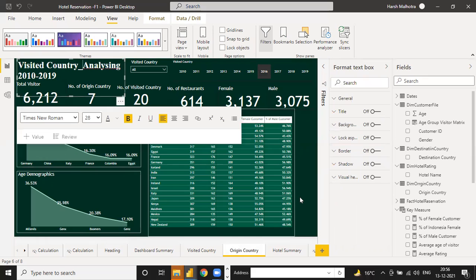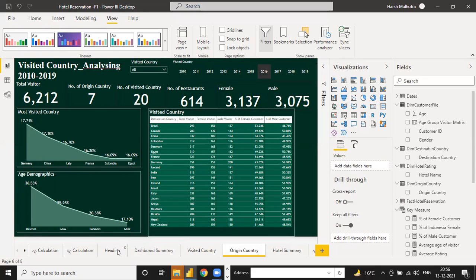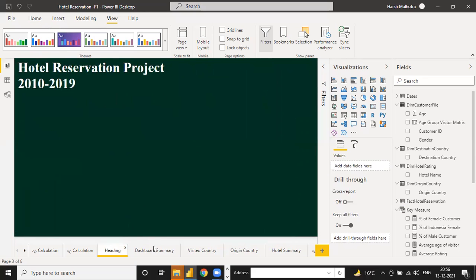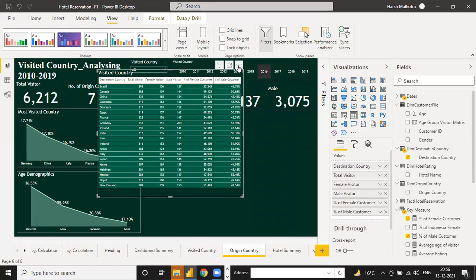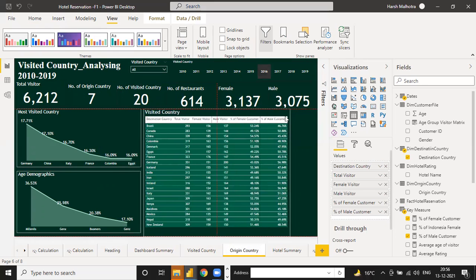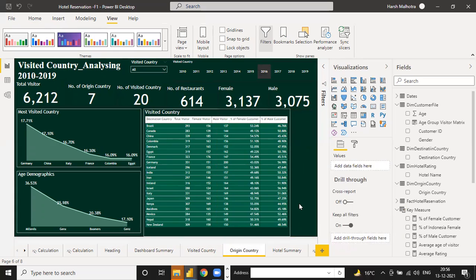Okay, so this report is, I think, ready from my side, and you have to just complete the heading page and the origin page in this. You have to complete the homework, then maintain your file separately and submit it to me on Friday if it is possible. Otherwise, you can submit it to me on Wednesday. Oh, sorry, not on Friday. Wednesday or Friday, you can submit me that file. Okay.